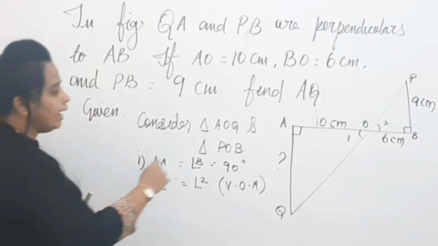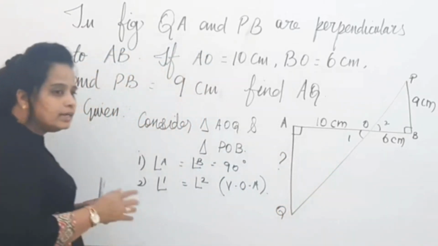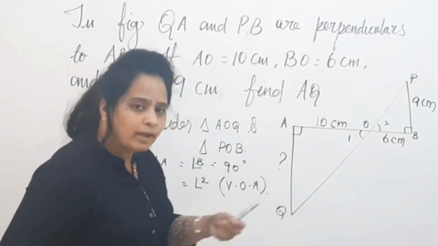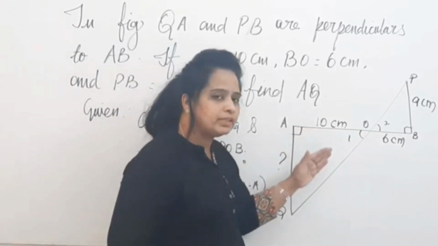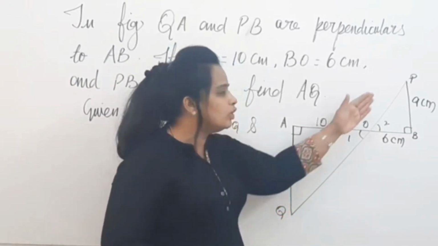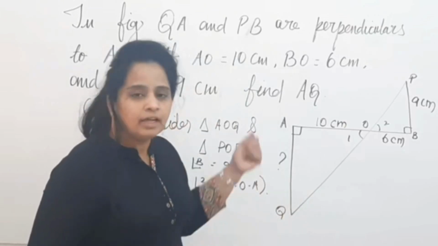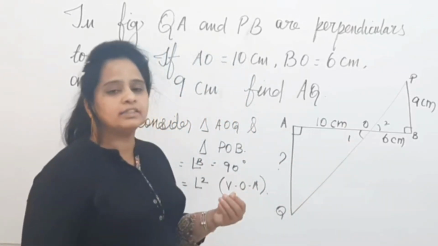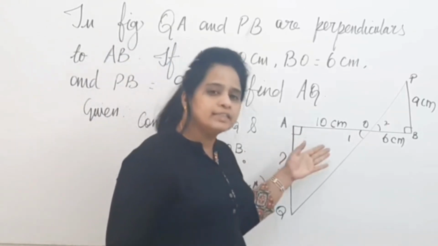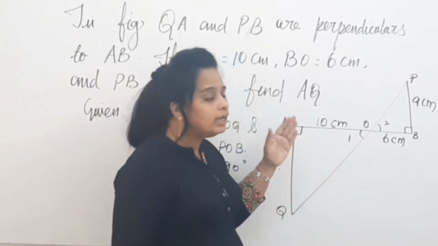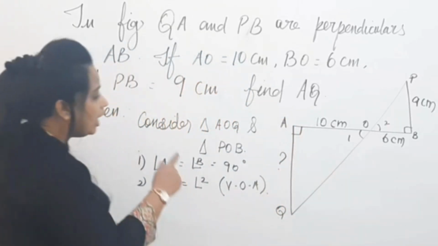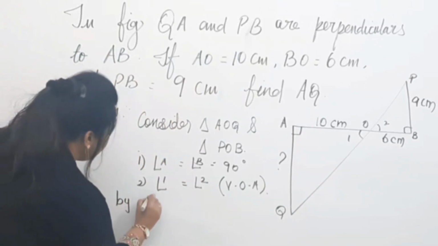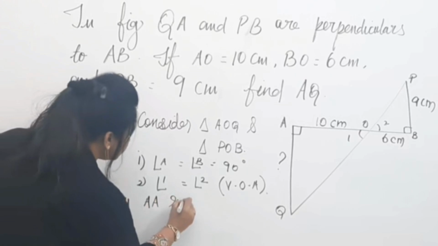So by AA rule, you can say triple A rule as just double A rule. Why? Because by the angle sum property of a triangle, the third angle is going to be of the same measurement. That means they are also going to be equal. So instead of writing triple A rule, you can write double A rule also for the similarity criteria. Now you can write by double A rule, I can say